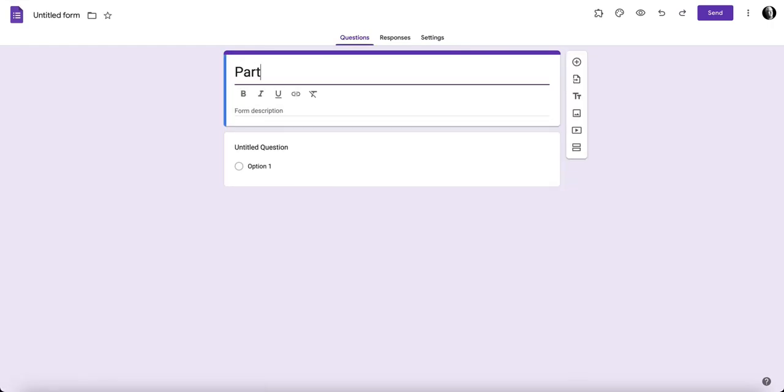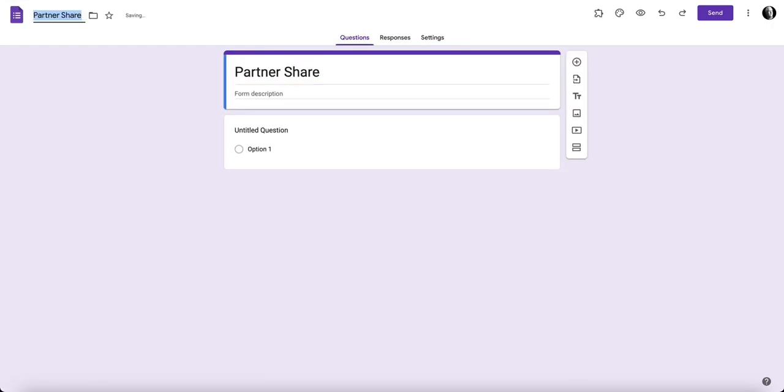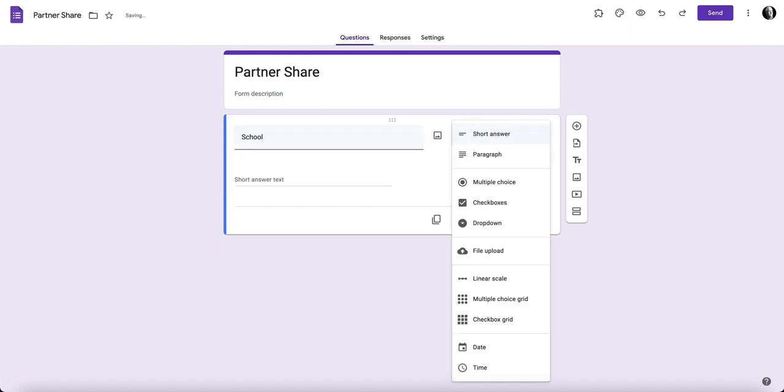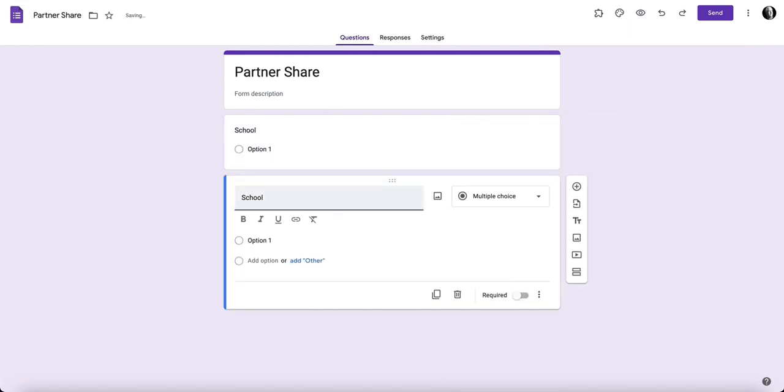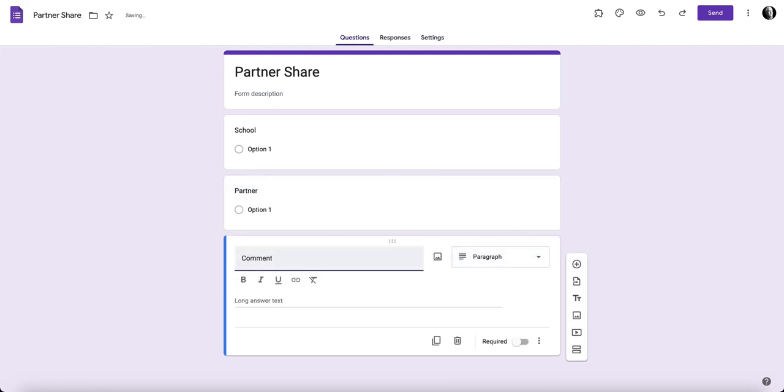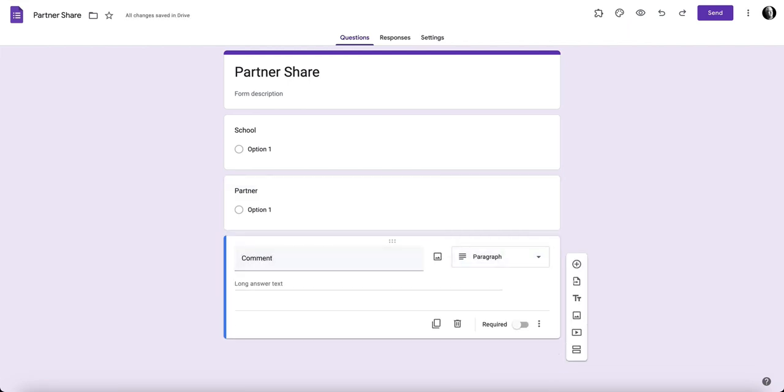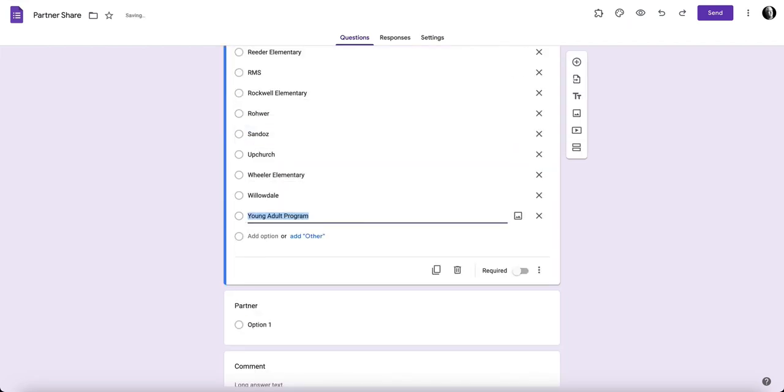And our form is simple. It's going to have 3 questions. First 2 are going to be multiple choice. We're going to have the choice of the school. Then we'll duplicate that, make one. The next one is the partner, and then a paragraph of the comment that you want to put on your